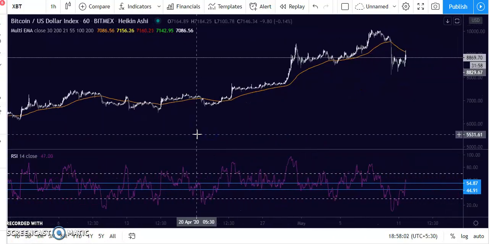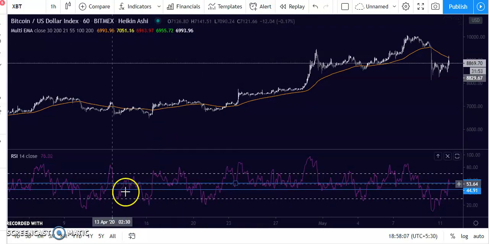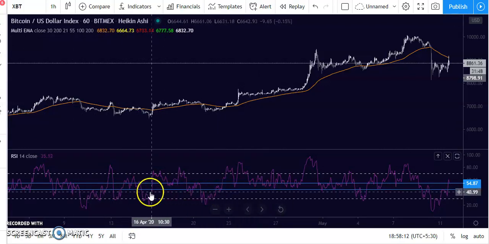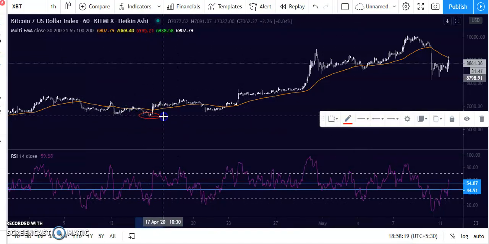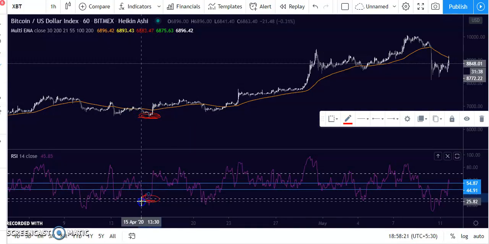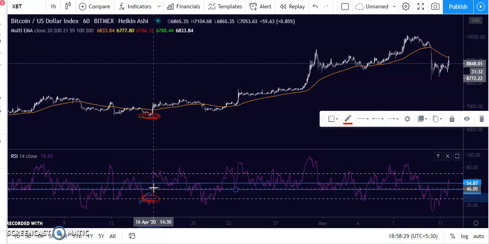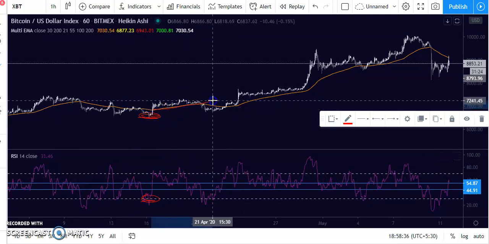We'll apply the same principle here. Okay? See the price, the RSI is in the red zone, which is below 45. So the price is also in the red zone, right? The price is in the red zone, RSI is in the red zone. You should never long. The price went above this 200-day moving average and RSI is also above 45. And again it went above 55. That means we got a green light. That means you should rise.